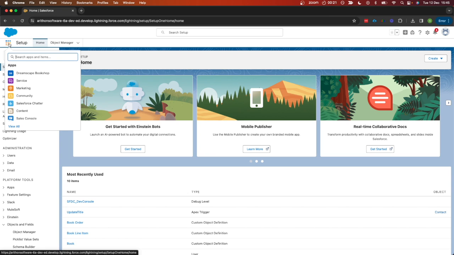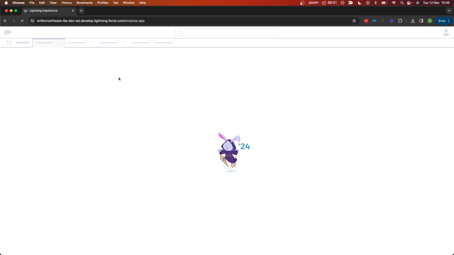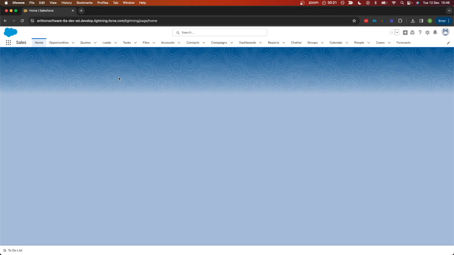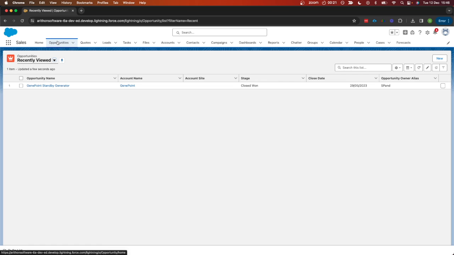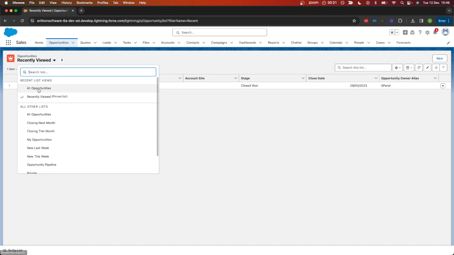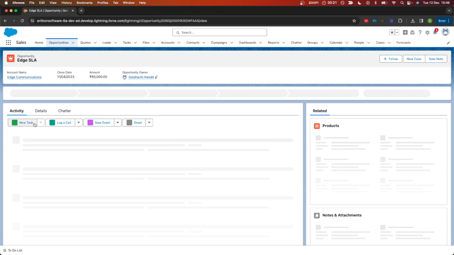So on the left hand side, top left corner, click on the app launcher and then search for sales, select sales, and then click on opportunities, select all opportunities, and then click on any one of your choice. I'm going to click on Age SLA,